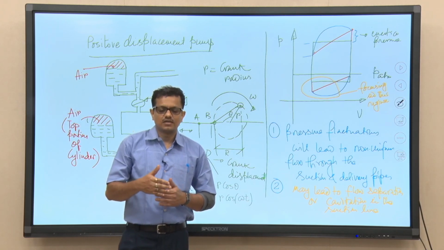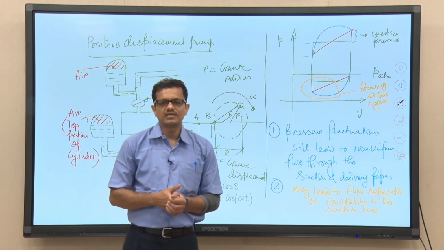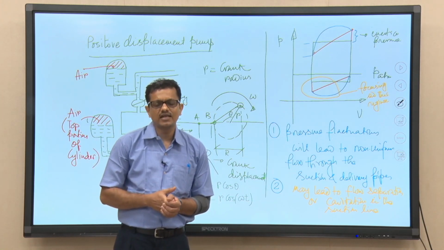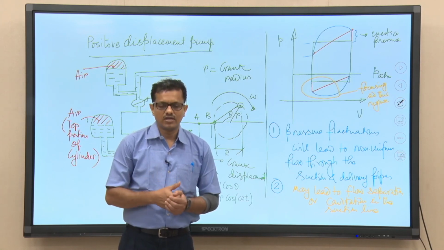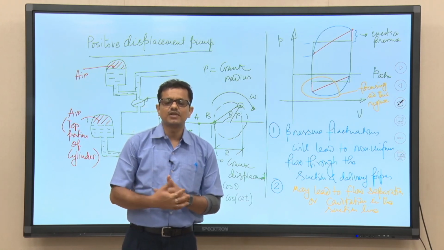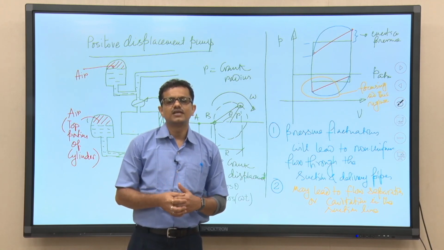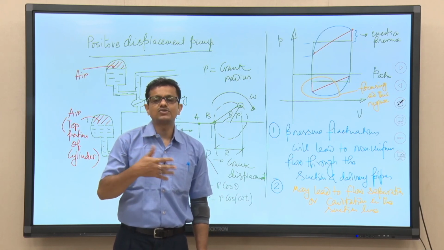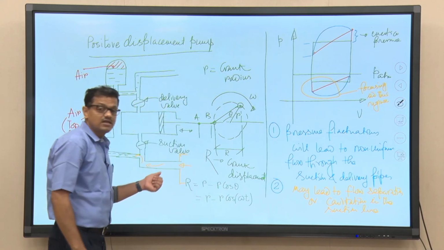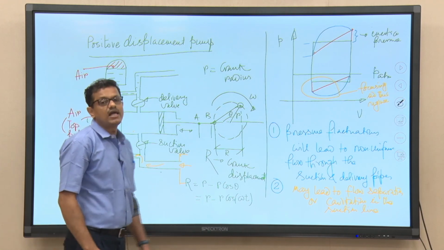If we provide air chambers, depending on the system requirement, sometimes an air chamber is connected to the suction line and delivery line, sometimes to the delivery line only. If we connect an air chamber, then the probability of having fluctuating flow rate, and also the unexpected event of separation or cavitation, can be avoided.